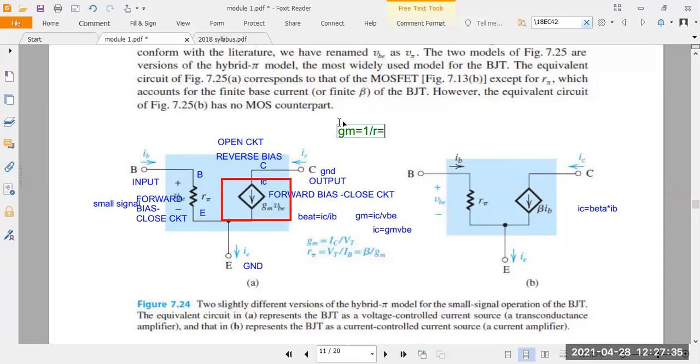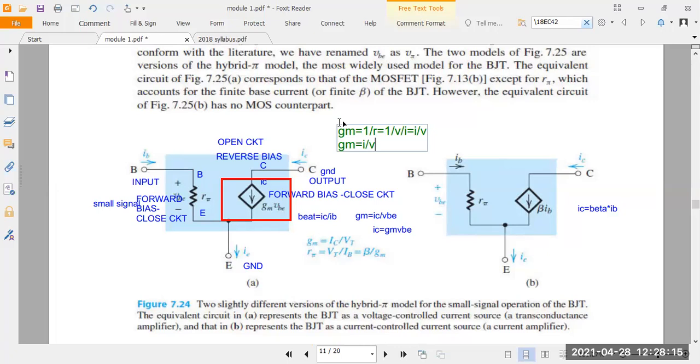What is our equation here? According to Ohm's law, V by I. Simplify this one, what will we get? I by V. So GM is equal to I divided by V. Current is directly proportional to GM, and GM is inversely proportional to resistance. Understood? This is the equation for the collector to emitter.